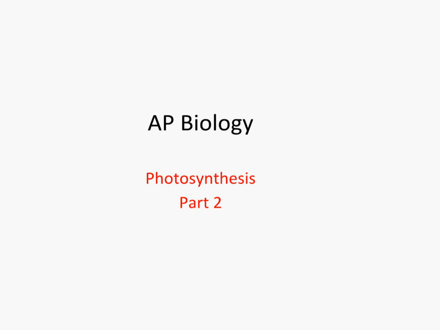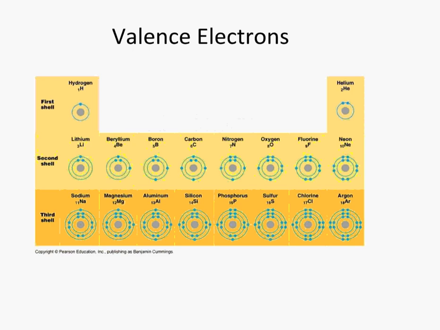Just a short review on electrons. Remember, there are things called valence electrons. These are the electrons found in the outermost shell of the atom. These are the electrons that are most likely to go if there's some sort of interaction between other atoms. The atom is most likely to let go of those, particularly in an ionic bonding situation, or if there's